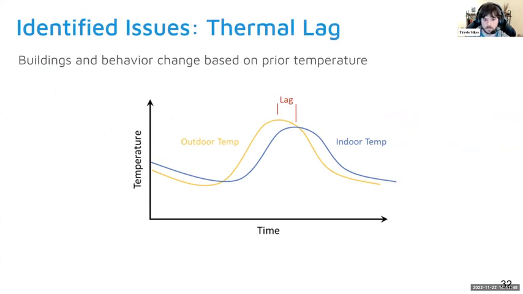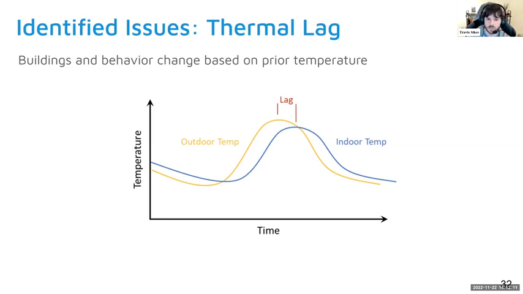Now, I don't remember who it was, but they mentioned thermal lag. And basically what I'm showing here is a plot that's a little different from everything that I've shown you, and the same techniques that would work for the prior ideas will not work here. Because if you look, on the y-axis, I now have temperature, and on the x-axis, I have time. So now we actually care about that temporal component.